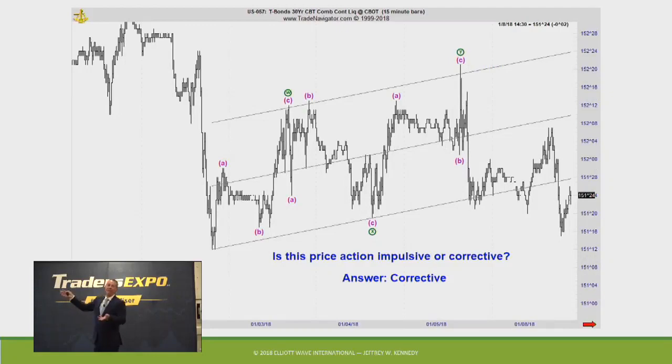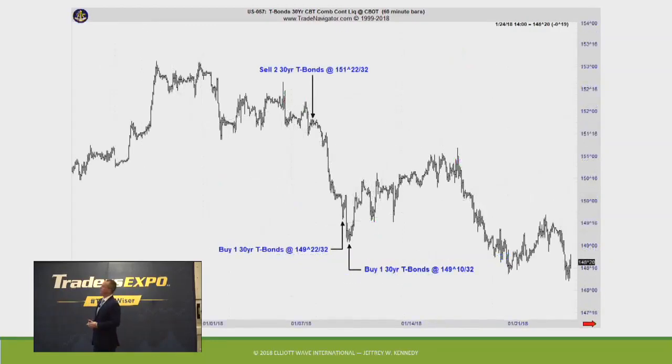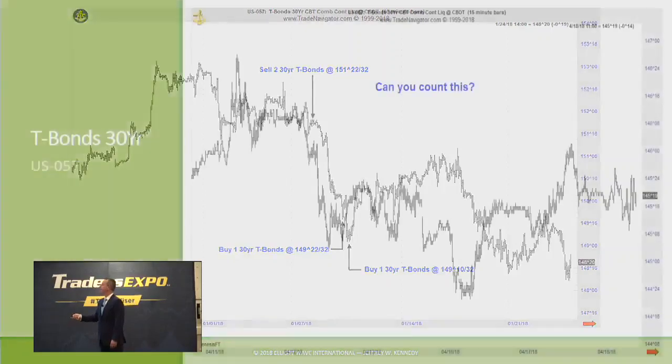Basically, I have two corrections here. And this was a bond trade that set up quite nicely. This was the correction. This is what we were looking at. And because it was a counter-trend move, with my understanding of the language, it was quite clear, quite decisive, quite unambiguous what was going to happen.